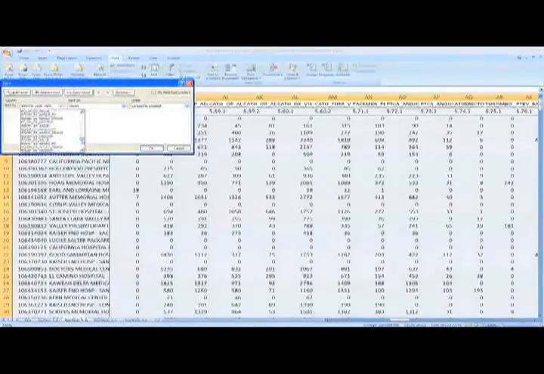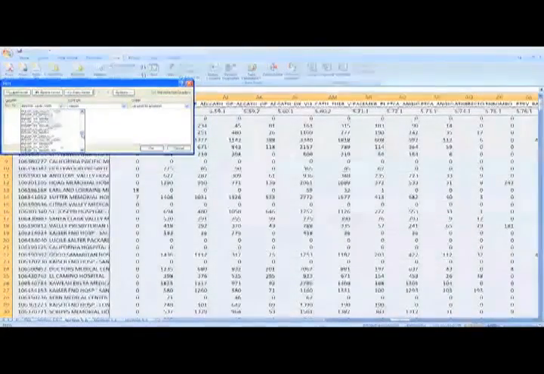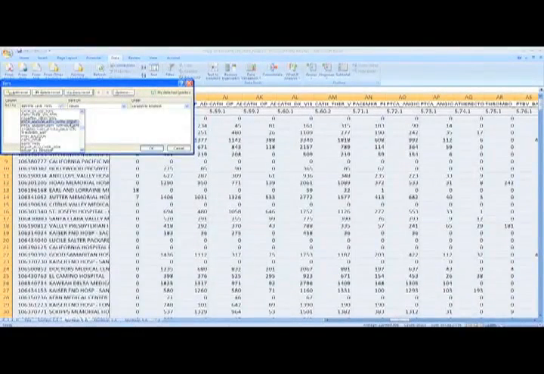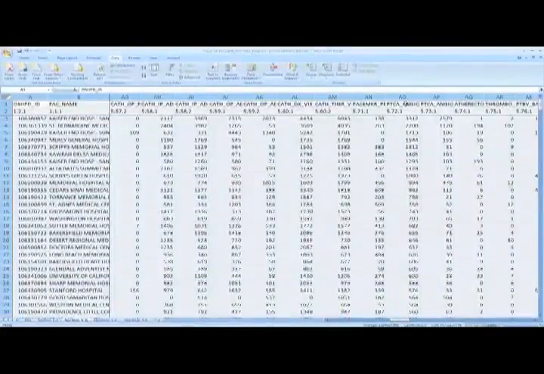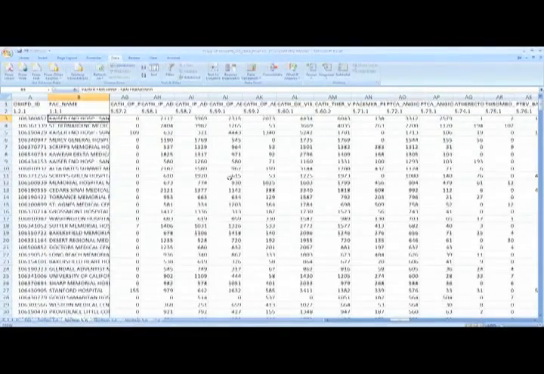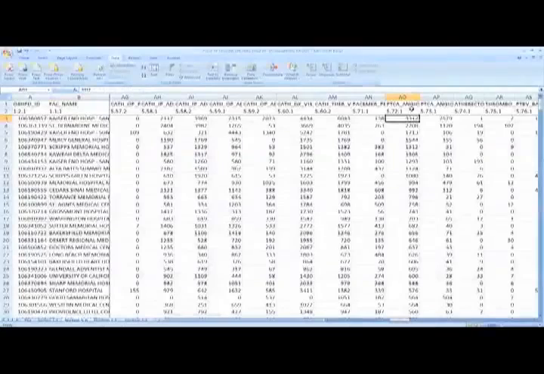And in your drop-down, I'm interested in the PTCA angioplasty with stent, largest to smallest, and then I'm going to tell it to go. And this shows you here that Kaiser Hospital, the Kaiser Hospital in San Francisco performed the most procedures with stents,